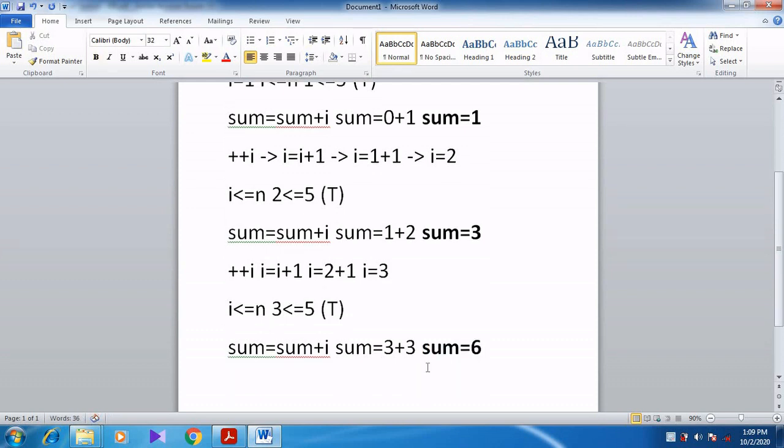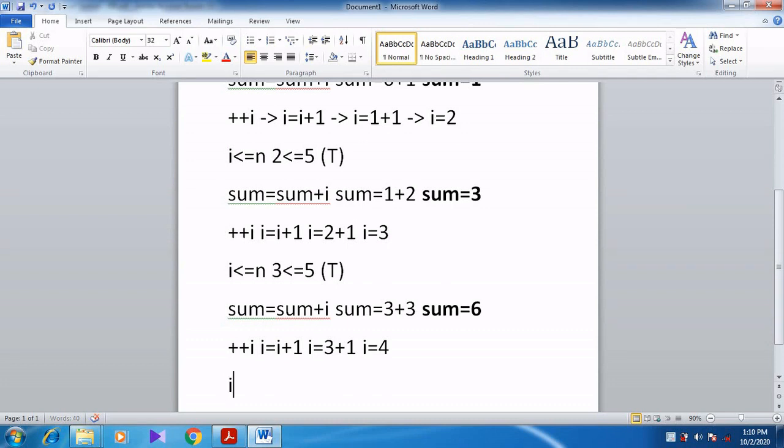Now again it goes to checking the condition, but before checking the condition the i value is incremented. So i equal to i plus 1. The i value is already 3, 3 plus 1, so i becomes 4.